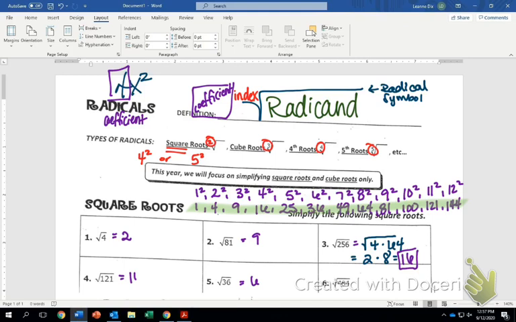I have 484. I'm going to take 484, put it in my calculator, and start by dividing it by 4. It should work out. And it does. I don't have a decimal, so I'm good with that. So I'll rewrite it as 4 times what I got, which was 121. The square root of 4 is 2. The square root of 121 is 11. So 2 times 11 is 22. And that's my answer. Again, double check your work. 22 squared is, in fact,